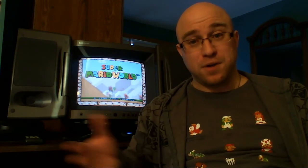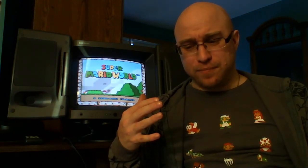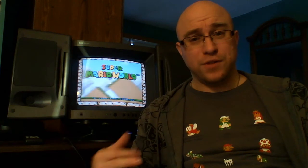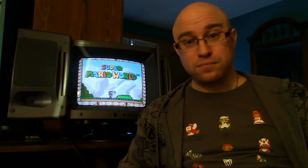The box you could take it or leave it, because cartridges had the slip covers, but the manuals themselves, the manuals to me were part of the game. The manuals to me were something you could read at will that would make you excited for the game, that you could go back to if you hadn't played in a while, that could refresh you on how to play. And with manuals kind of going by the boards as they have, it's very difficult to do that. You have to pause the game and then go into whatever the digital manual is to try and remember what control did this or how to pull off this move, and to me, it's frustrating and it's disappointing,